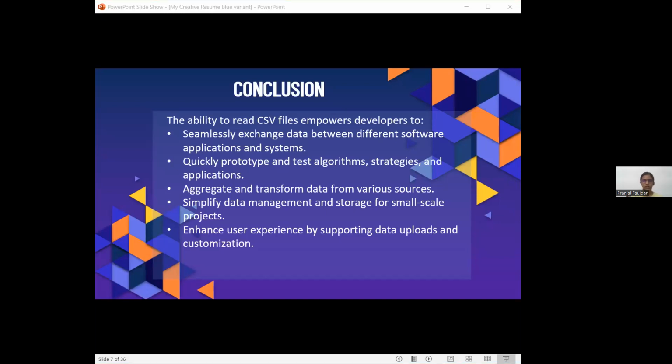Overall, CSV, a comma separated file, is a widely accepted format for data interchange because it is very simple and straightforward. The ability to read CSV files helps developers to smoothly exchange data between software applications and systems. And CSV data can be used to create graphical representations such as charts, visualize the price movements, or find out the ranges of daily changes in prices.